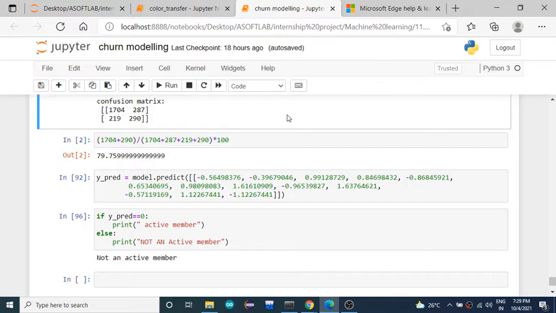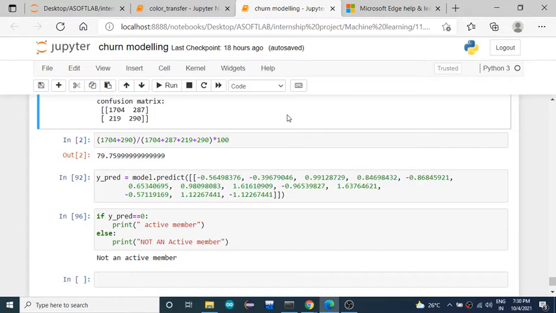Don't worry, the dataset and the code will be uploaded to the classroom. You can get that dataset and work on it itself. You can use any other metrics to evaluate the performance of the model, and any other algorithm like k-nearest neighbor, random forest, support vector machine, or logistic regression. Use such algorithms to predict the result, check the accuracy of the different algorithms, and whichever model gives you more accuracy, go for that.